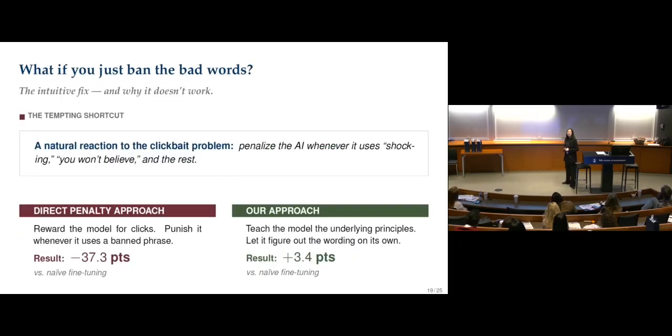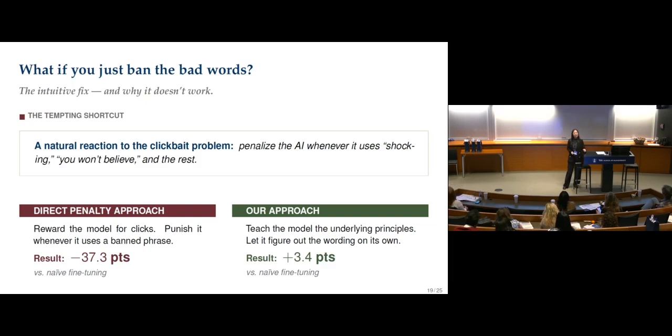So another thing we tried is, okay, since I've been complaining about the unintended behavior, which is overuse of clickbait language and hyperbole, what if we just directly penalize it, right? What if, in addition to optimizing for the content, we also include in the objective function when you do the fine-tuning, say, now if you use clickbait, I'm going to give you a penalty, okay? That's another very natural way to do it.